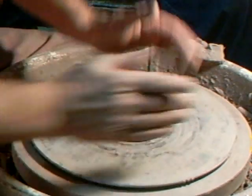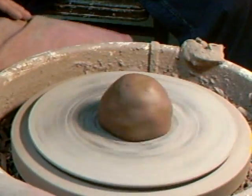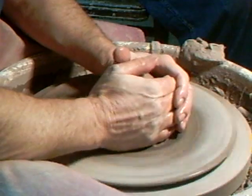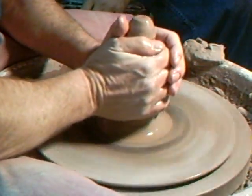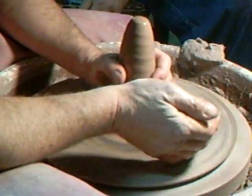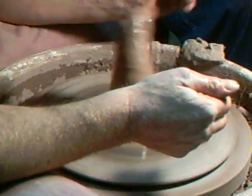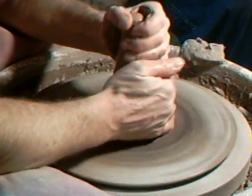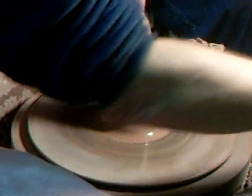So there's the lump of clay. We're going to turn the wheel on. I'm going to wet my hands. Now I'm going to bring the clay. The first thing you've got to do is center it. You've got to center the lump of clay, because with a pot that's going around off-center, you're not going to be able to make a pot out of it. So you've got to find the center, and then